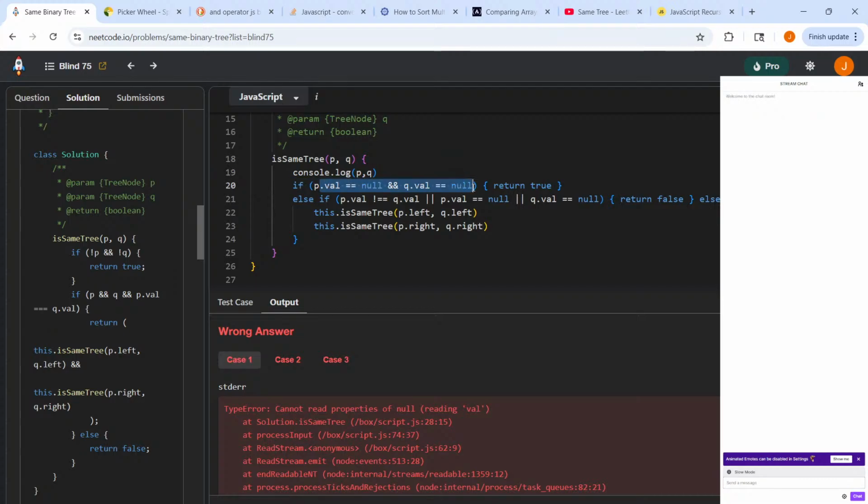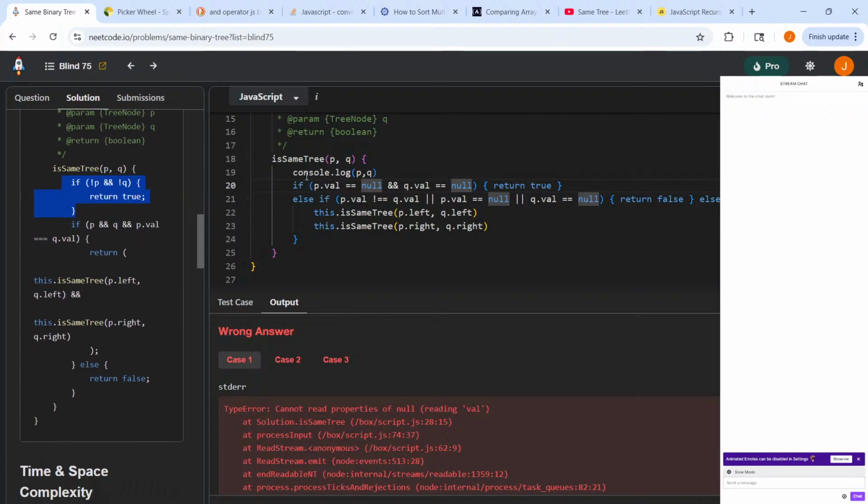If not this and not that, I wonder if this isn't the same as this. Oh man, okay. So there's three situations. If this is equal to itself, if p and q and p dot val is q dot val, return these things, sure. And if anything else, return false. But this is saying if p.val doesn't equal q.val, or one or the other is null. Okay, that's the same as them saying,